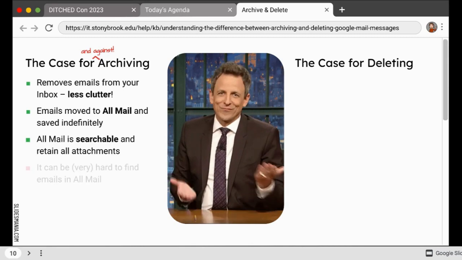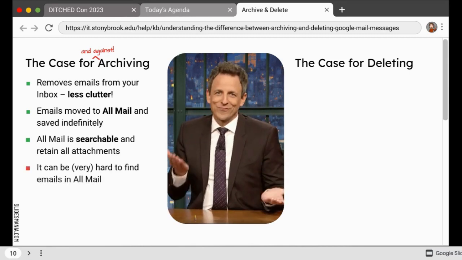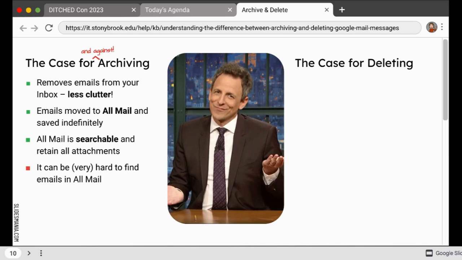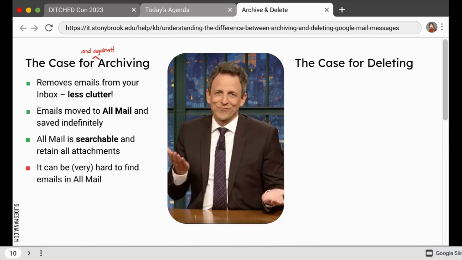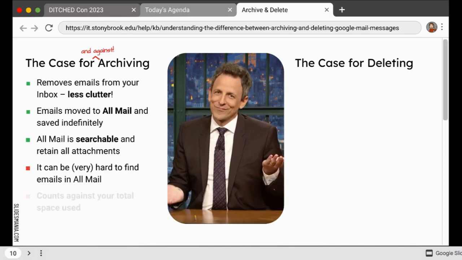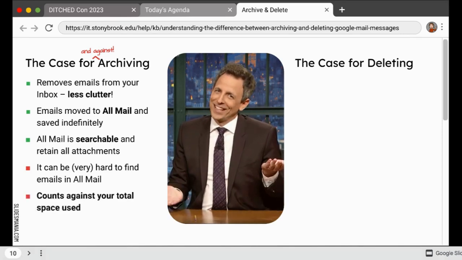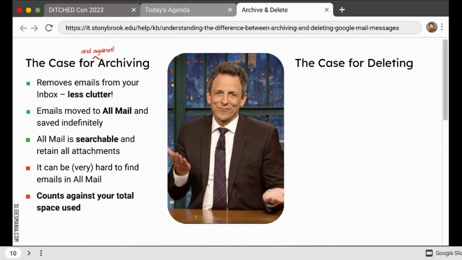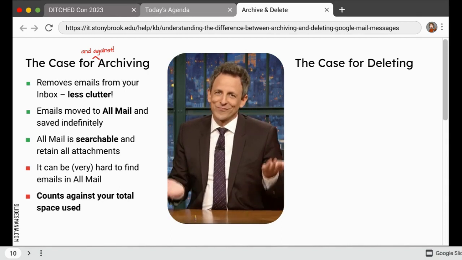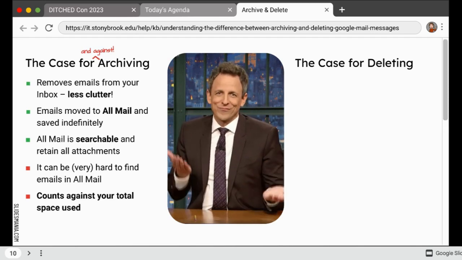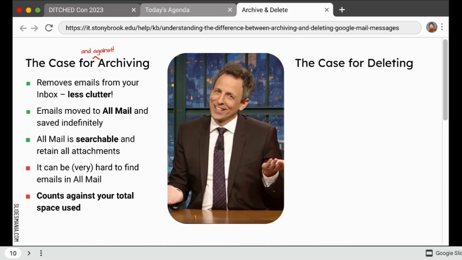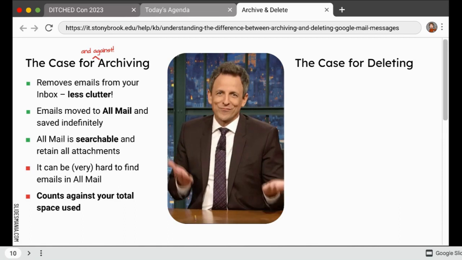However, All Mail tends to become this vast wasteland of messages, and it becomes extremely difficult to find anything that you're looking for, even if you have some fairly sophisticated search skills. And the other problem with archiving is that it counts towards your total space used. So all of those emails that maybe you really should delete, that you don't need, but you archive instead, those count against your total space. Now remember, personal Gmail accounts come with only 15 gig of space, so that can be a pretty costly strategy